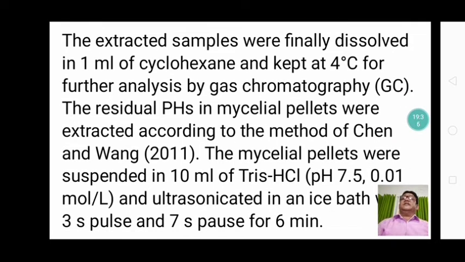The extracted samples were finally dissolved in 1 ml of cyclohexane and kept at 4 degrees Celsius for further analysis by gas chromatography. The residual petroleum hydrocarbons in mycelial pellets were extracted according to the method of Shen and Wang